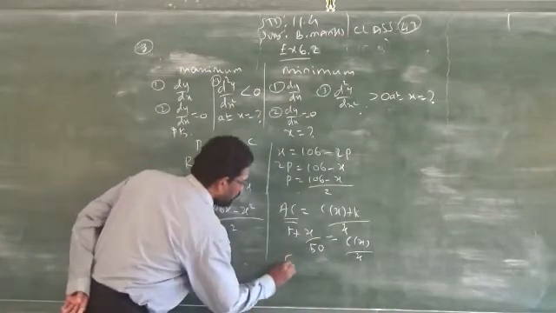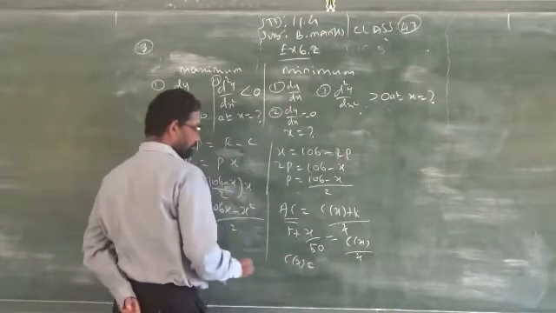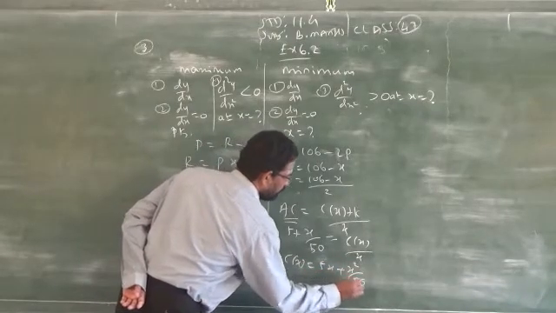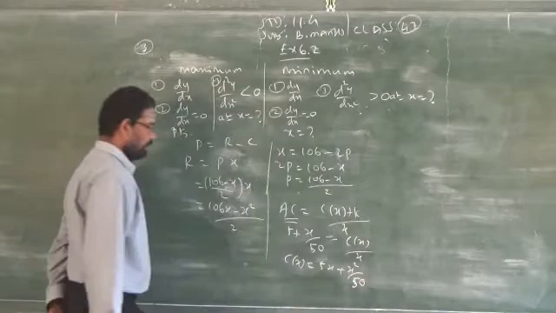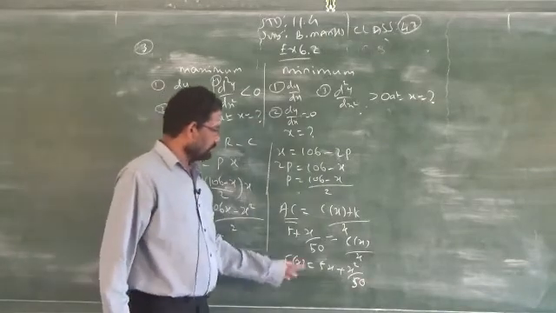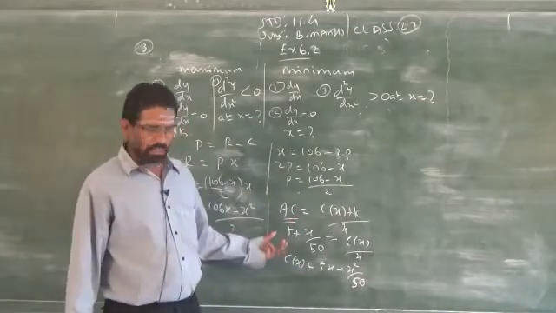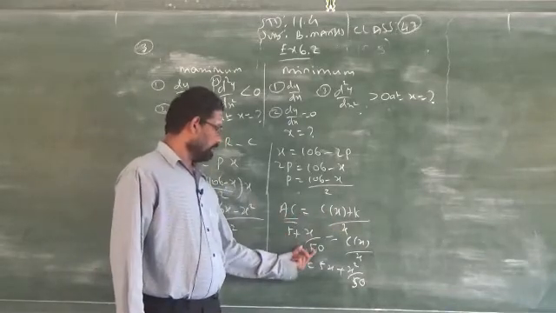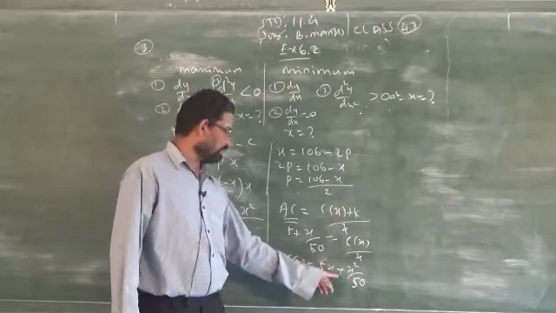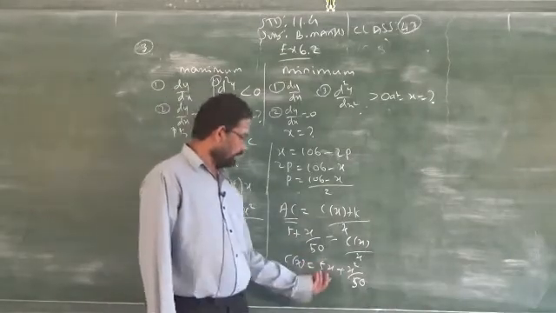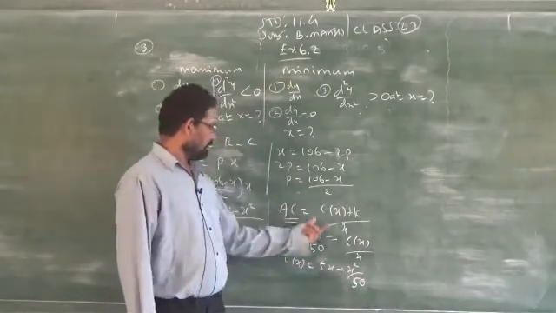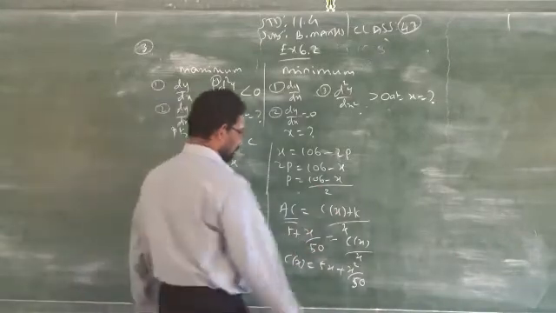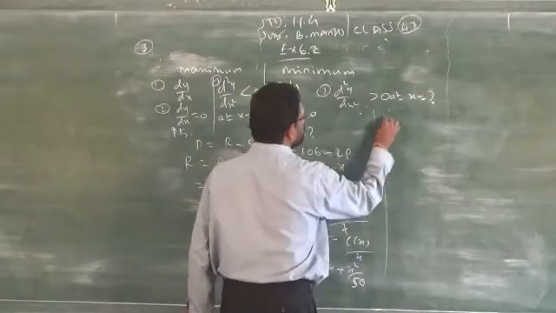Just to cross multiply, I got C of x is equal to 5x plus x square by 50. Clear? So this is your answer to find cost. AC is given. I know what is AC? C of x by x. So AC is 5 plus x by 50. So I am multiplying this one, 5x plus x square by 50. If you divide by x, you will get the same result, 5 plus x by 50. So my cost is 5x plus x square by 50. So now you have to substitute in this formula.